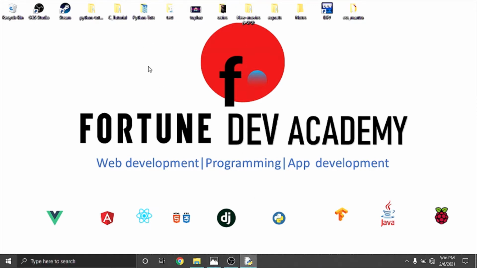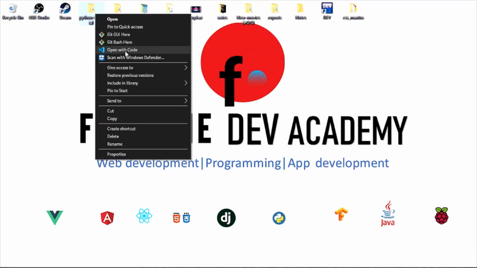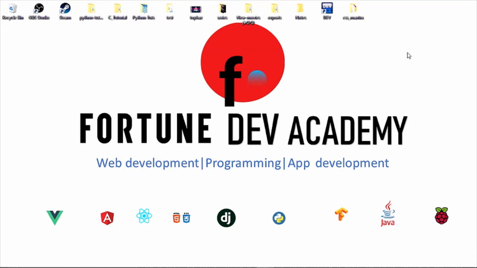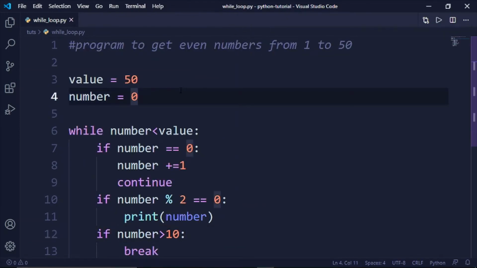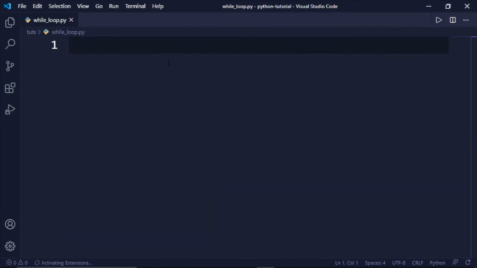So in today's video we're going to be looking at while loops. So hopefully you're excited for while loops. Let me get rid of everything in here. Okay,